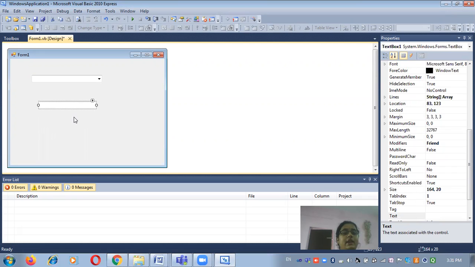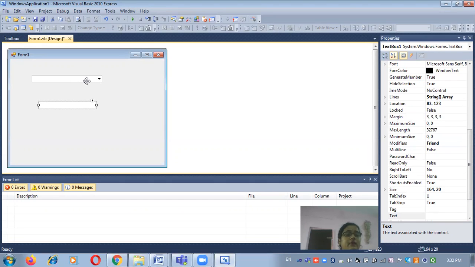My requirement is that whatever text I have added in the text box, after clicking on the add command button, that item is added to the existing items in the combo box. When I click on the remove button, the selected item is deleted from the combo box.